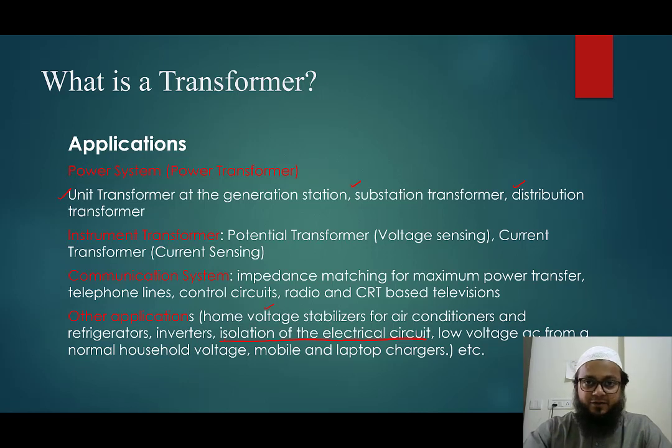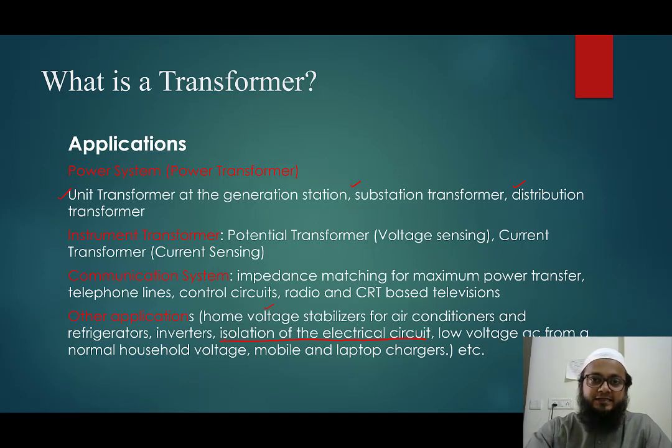Okay, let's say for some application you can think of where the voltage available is 220 volt, but you want a voltage of 15 volt in your household. Okay, so there we use a transformer. Even in your mobile chargers or the laptop adapters, there you have a step down voltage transformer, and then it is converted into DC, and then it is fed to the respective instruments. So in all these instruments you have the transformers. So there is a various range of transformers. Okay, so that's why we need to study about it.